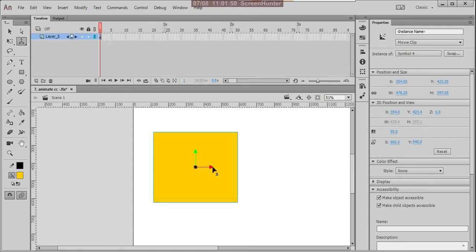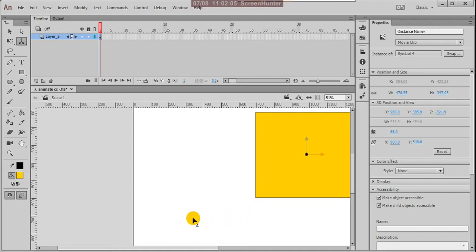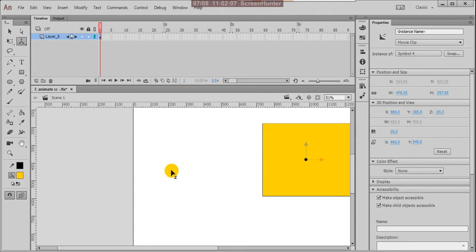And here is the 3D translation tool. You can translate your objects in X and in Y, and this is Z. In the Z axis you see the depth.